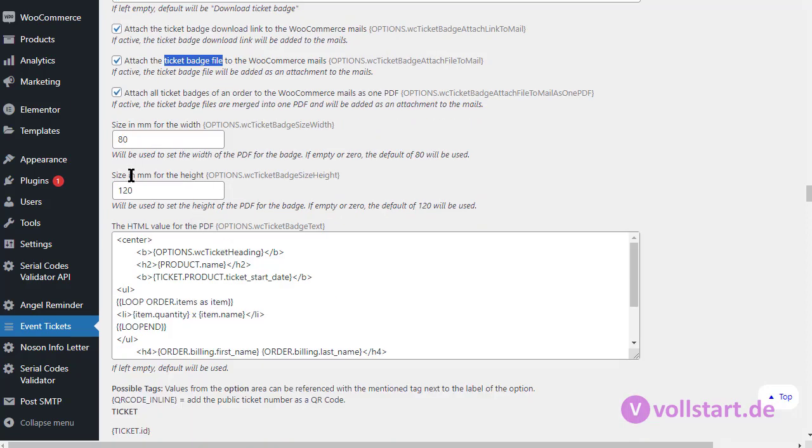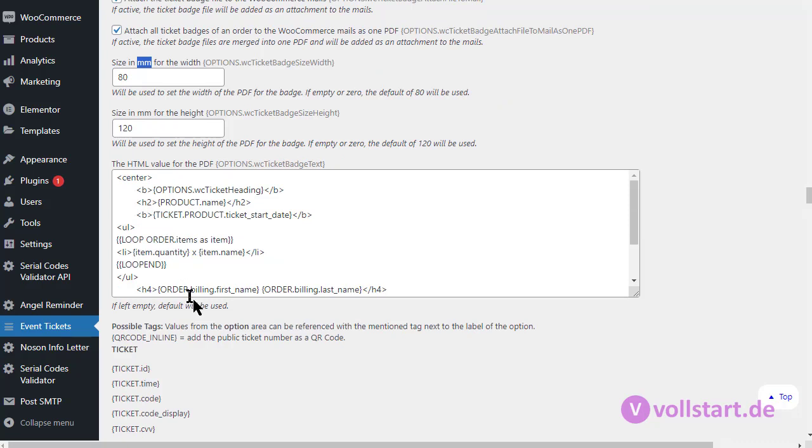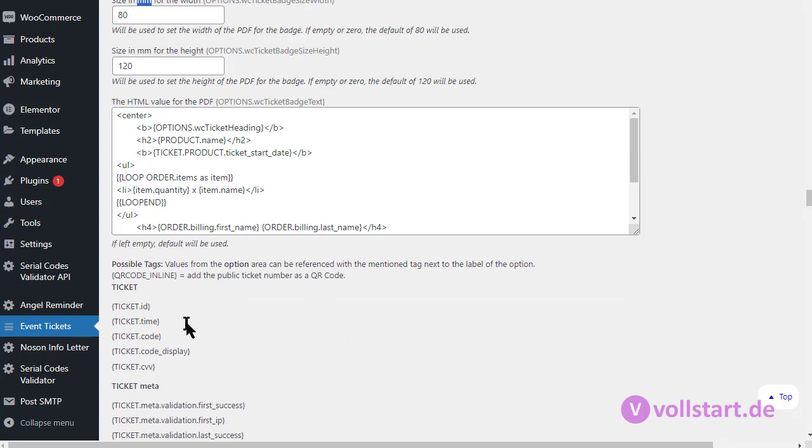For the badge, you decide how big it is. You give in millimeters the size, and then you can design it here. Again, please test this. The engine is not working if you break your HTML code. The HTML code has to be strict. If you open the HTML tag, you have to close it. Otherwise, it will not be rendered. And most of the HTML tags are anyway not supported. You can do tables, you can do divs, you can do the normal formatting here, no problem, but don't exaggerate. You will have more problems.